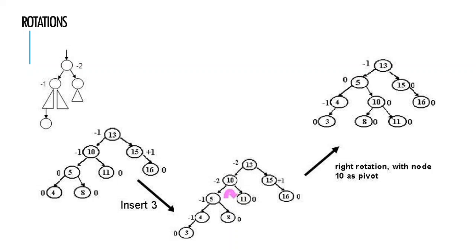4 to the left, 3 to the left. On the right side we have 5, we have 10. On the left of 10 we have 8. On the right of 10 we have 11. As you can see, 3, 8 and 11 have 0 values, 0 weights, because they don't have any nodes under them. 4 is -1 because 2